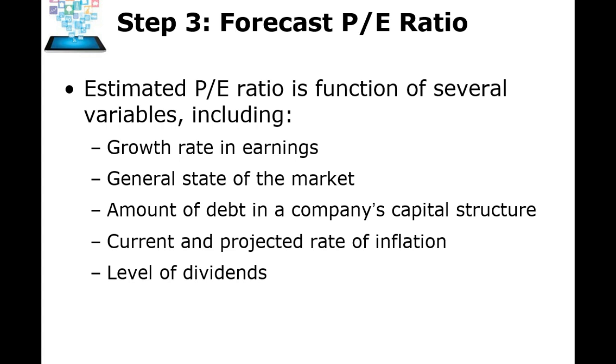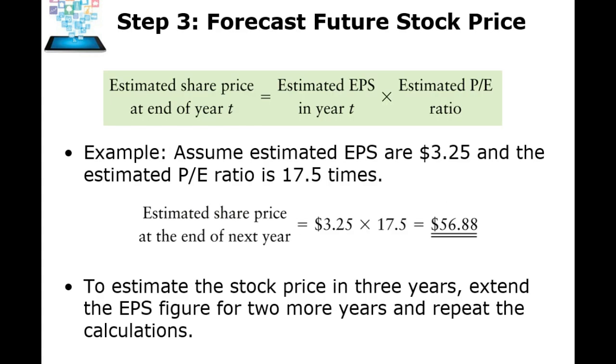If the company's debt structure becomes less risky, the PE multiple should increase. If rates of inflation remain constant or shrink, that's good for PE multiples. And if dividends are going to be paid or higher dividends will be paid, that should also help demand and increase PE multiples. So if we're trying to forecast the PE of a stock, and we could get an accurate PE of the stock,